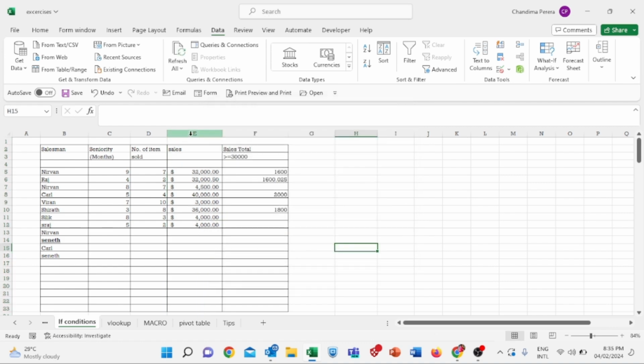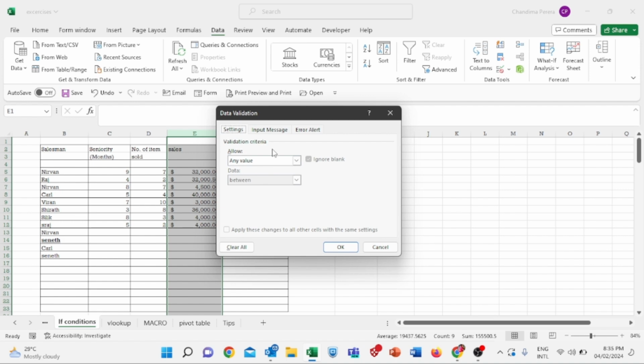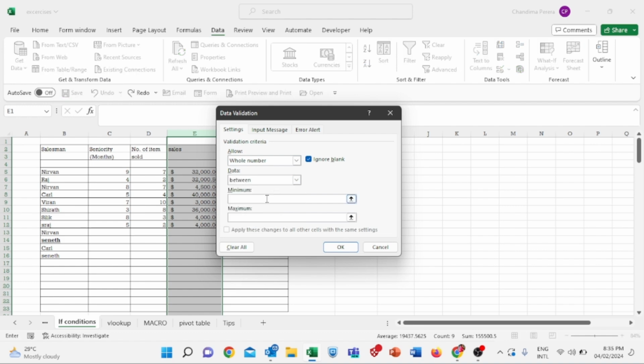I need to give it from the beginning, highlight data validation. So under the settings allow, this time you try to enter the whole number, say between or less than or greater than, whatever you can select. I'm going to give between